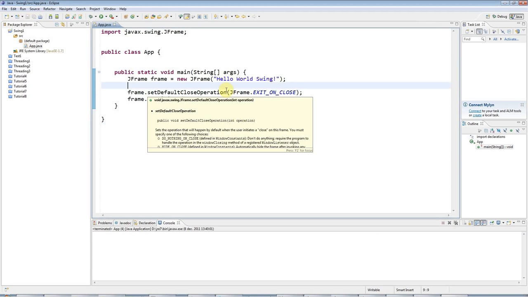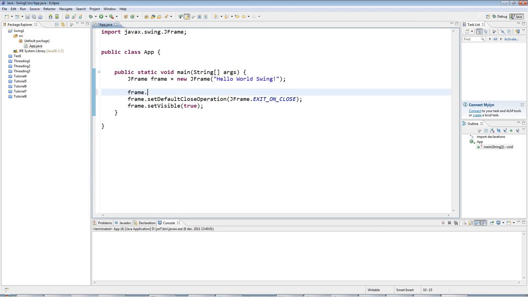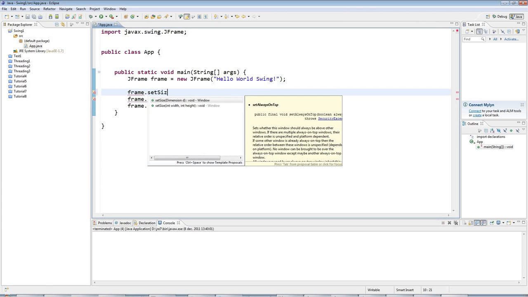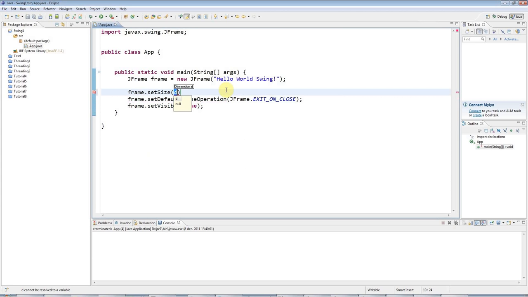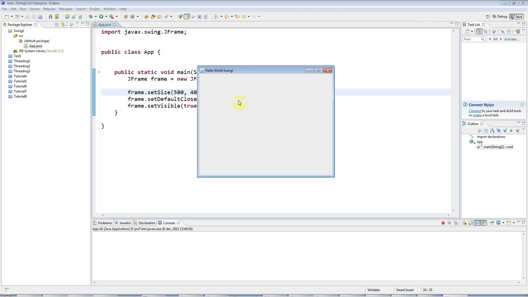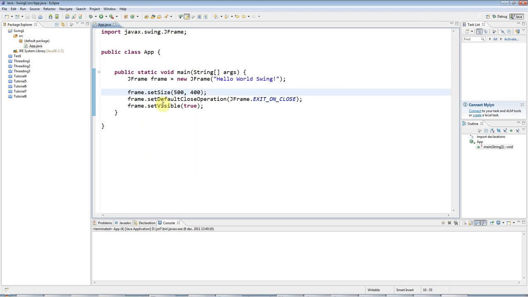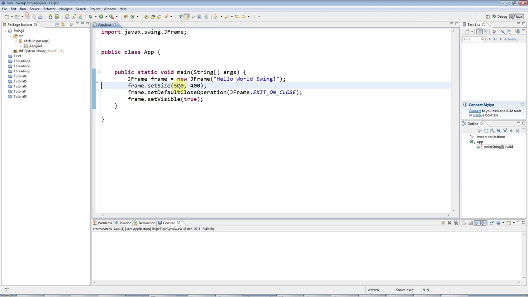There's also, as you might guess, a setSize. So I can say setSize, and I'll set it to a width of 500 and a height of 400. So now I have quite a presentable looking basic frame for my application. It's got the title in there, and it quits when I click the cross. But there's still a problem here that isn't readily apparent, which is that